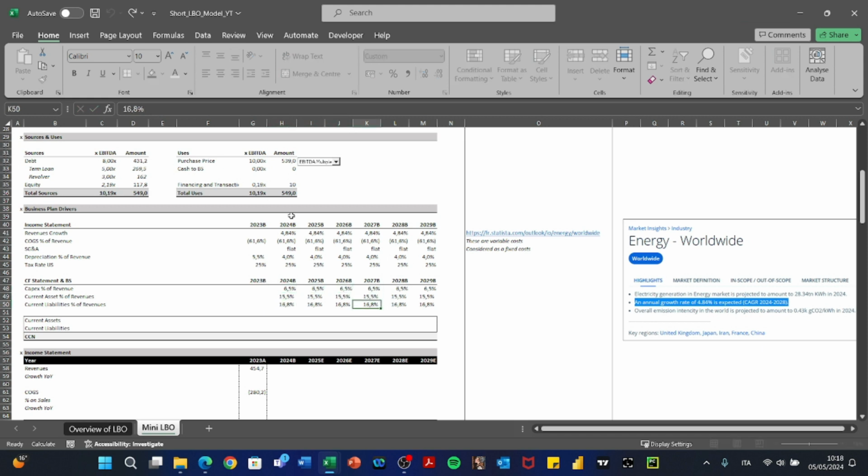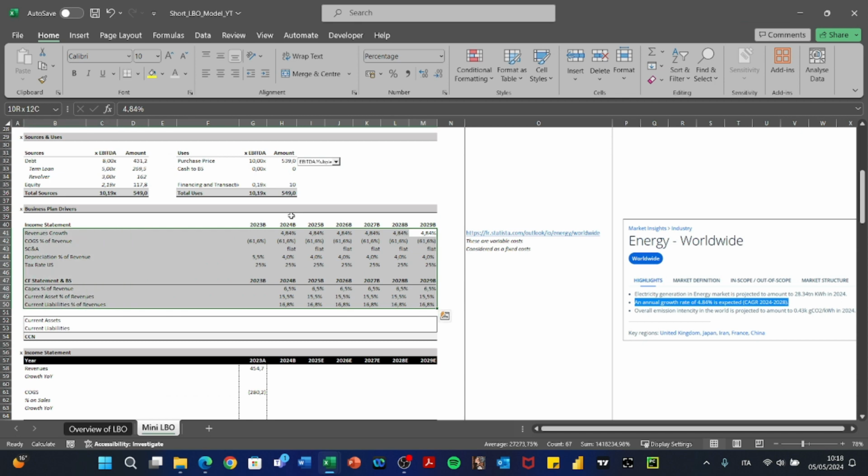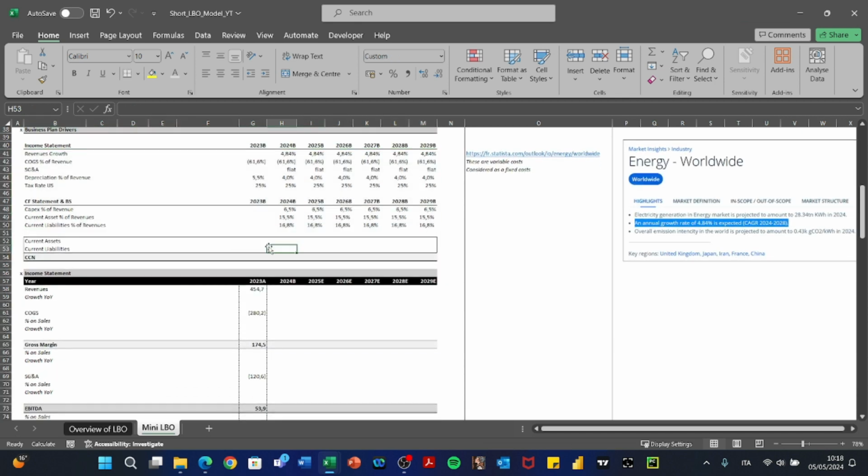Okay, according to your assumptions, you can change them all. Remember, this is just how we can do an LBO model. So the purpose of the video is to give you an understanding of how this model works. Okay, so let's start with getting our revenues